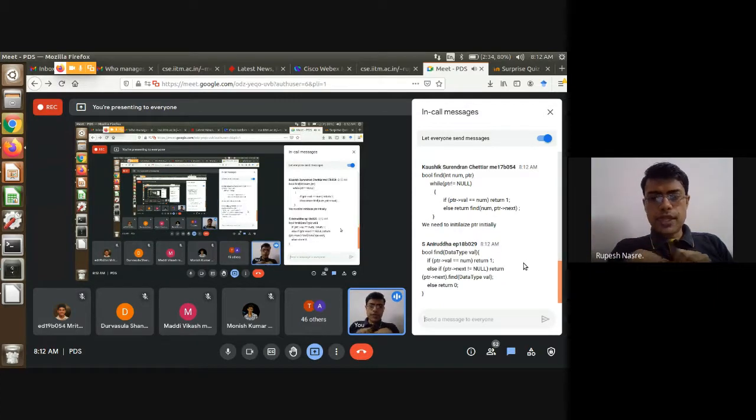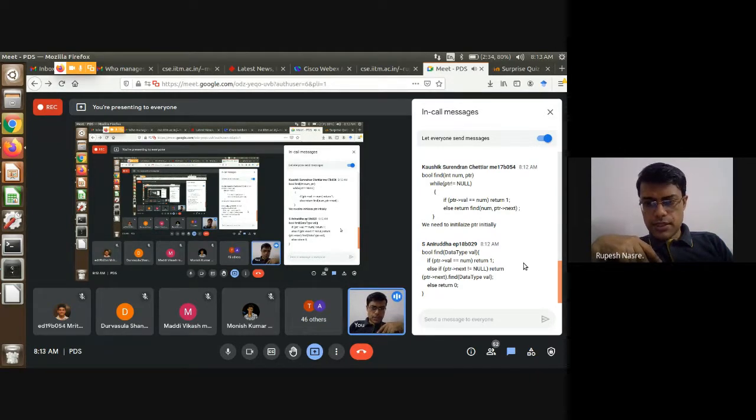What we could do is, instead of while, if ptr not equal to null, then if ptr arrow val equals num, return 1, else return find num, ptr arrow next. That is correct. And in the else part of the outer if, you can have return 0. That should be okay.